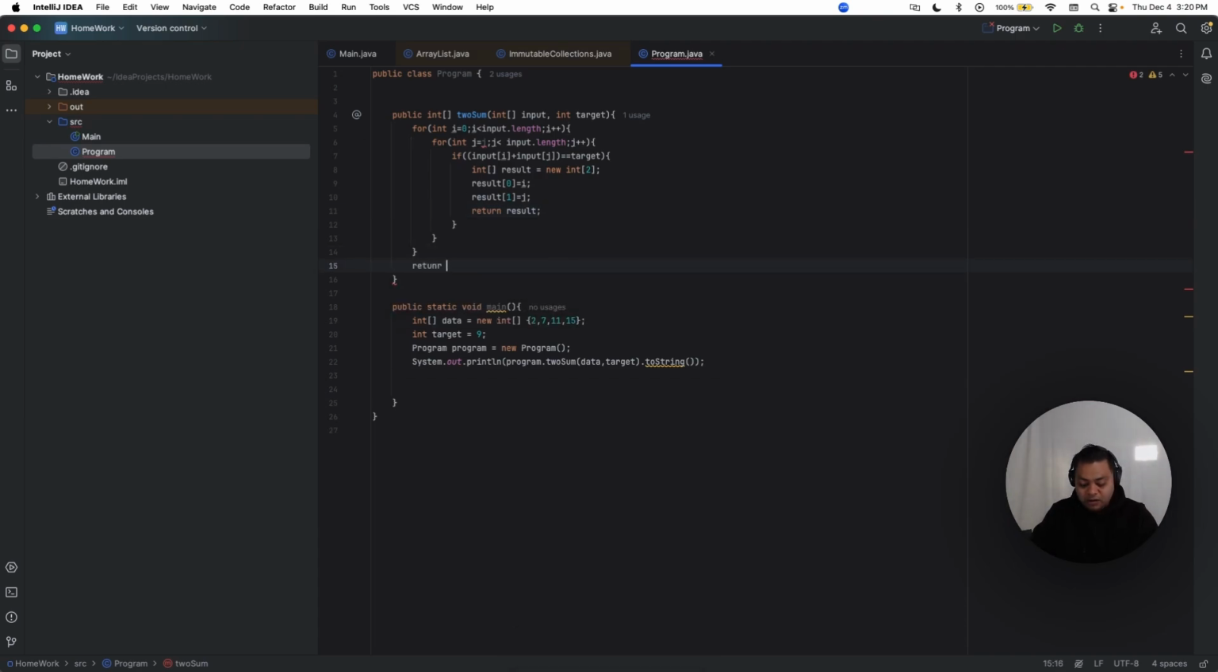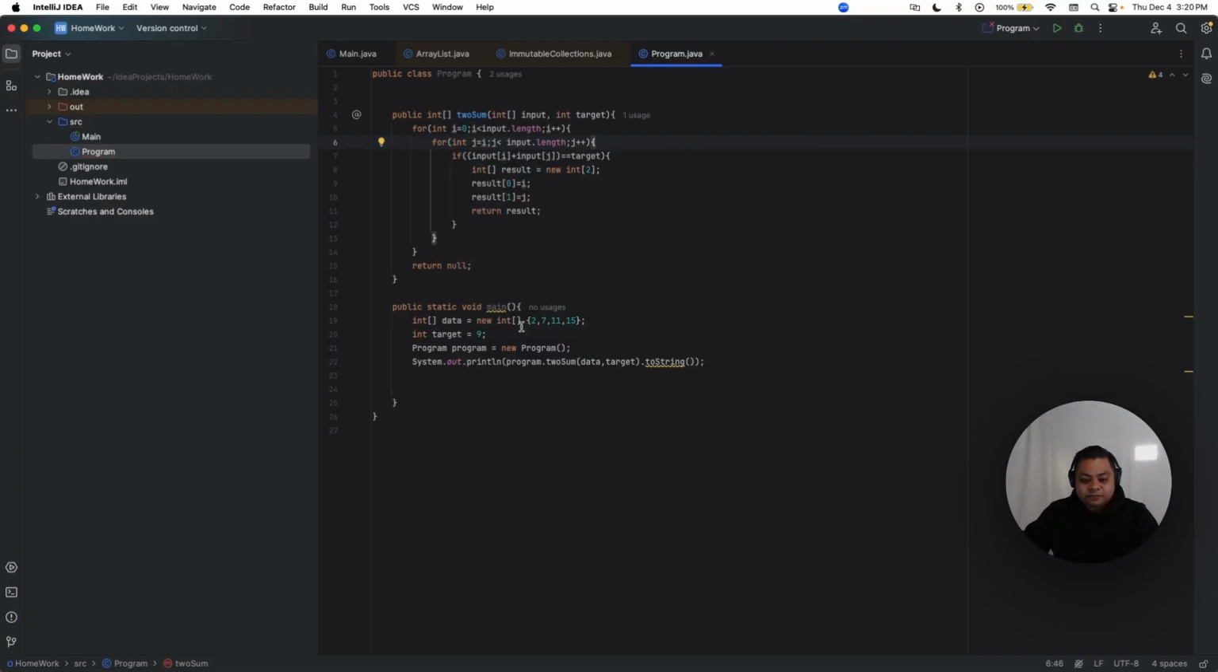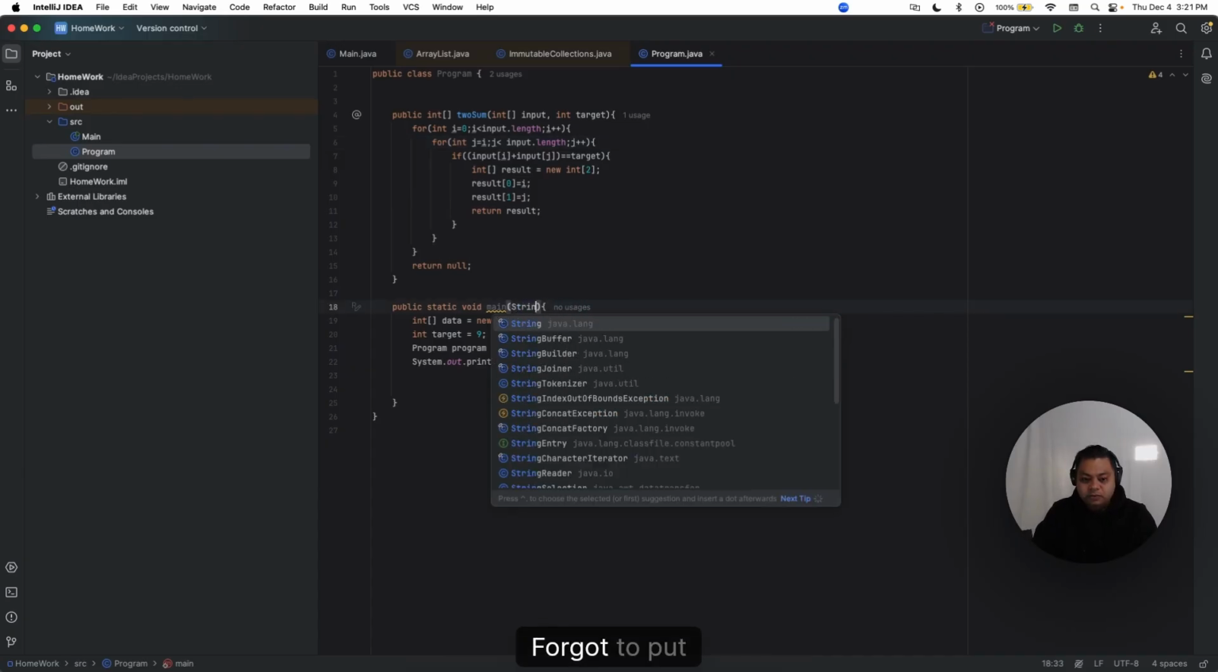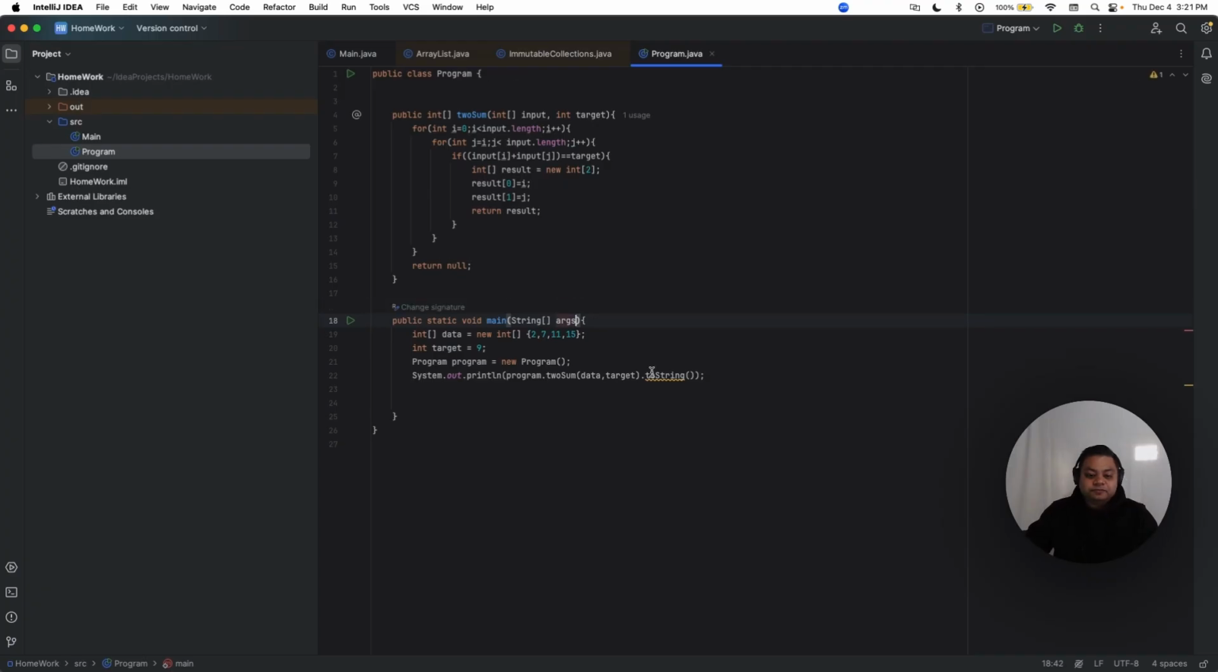Do a return null, right? So if I run this program now, public static void main, okay, there's a problem here, I forgot to put String arguments. Now if we run this program,